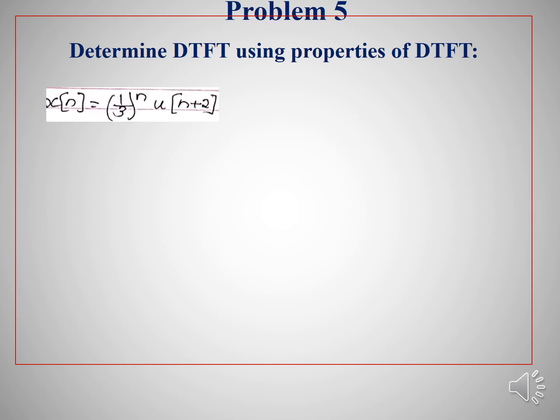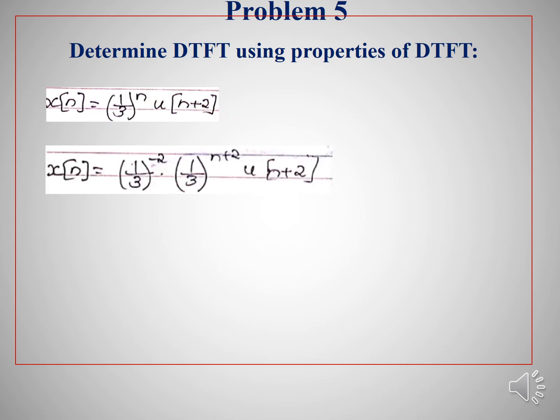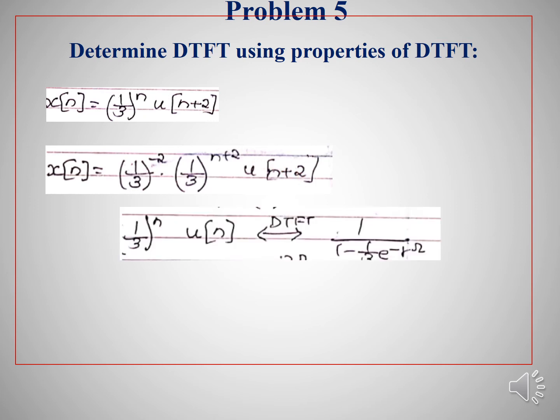Determine the DTFT of x of n is equal to 1 by 3 power n u of n plus 2. This could be written as 1 by 3 power minus 2 into 1 by 3 power n plus 2 into u of n plus 2. Hence, writing the DTFT of 1 by 3 power n u of n, we would be getting it as 1 by 1 minus 1 by 3 e power minus j omega, and here we have 1 by 3 power minus 2,